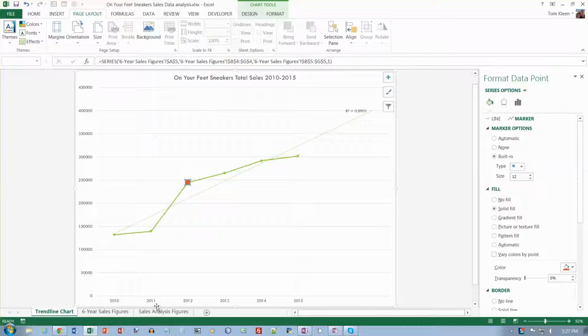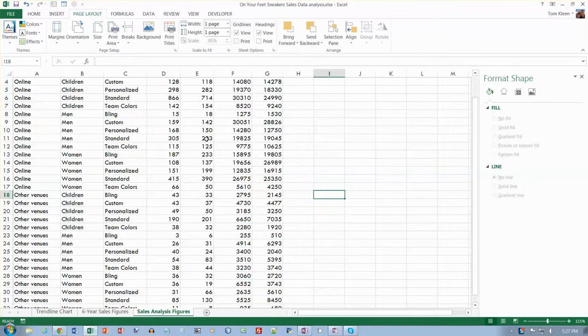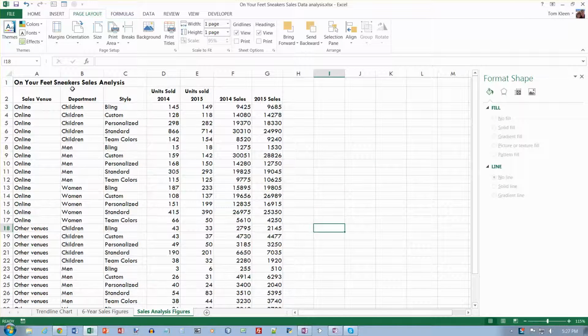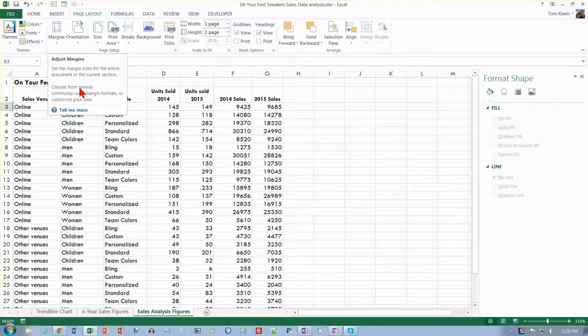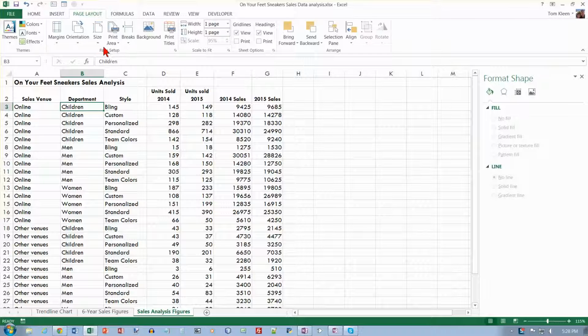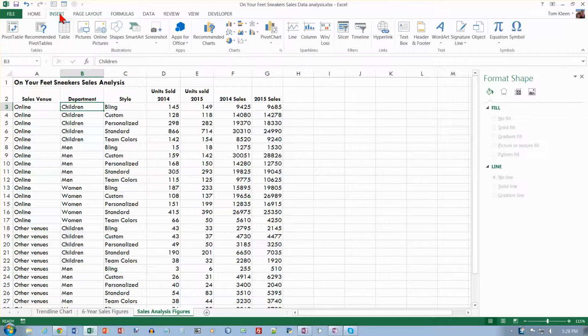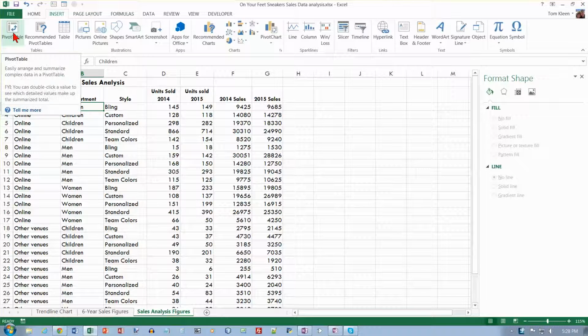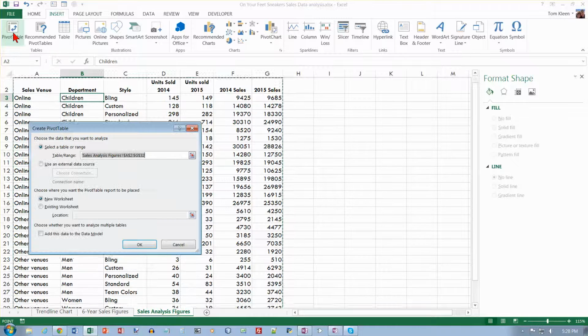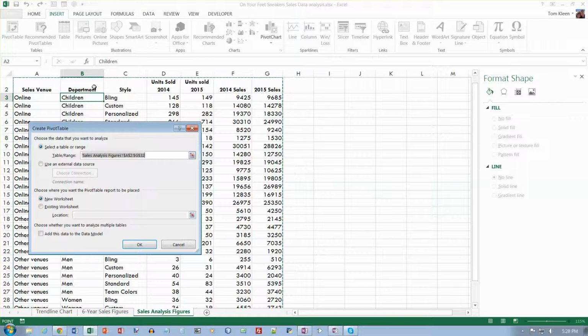And we want to go to the Sales Analysis Figures worksheet. And we want to go to cell B3. I need to scroll up here, and here is cell B3. I want to go to the Insert tab, and it doesn't really matter where I am in the table here. I just need to be someplace in the table before you do this, because then you won't have to select it when you do Insert. So Insert, I want to insert a pivot table, and we're going to